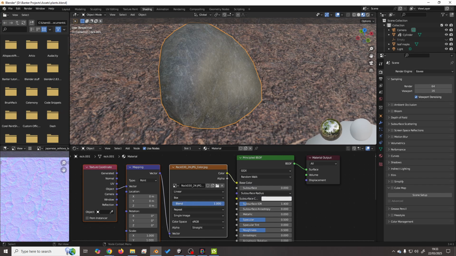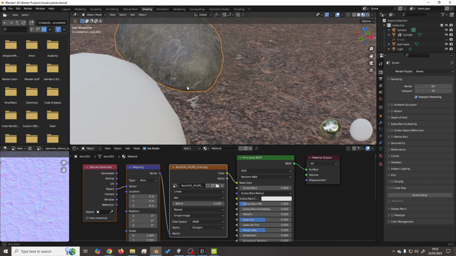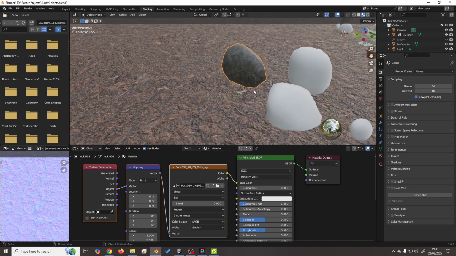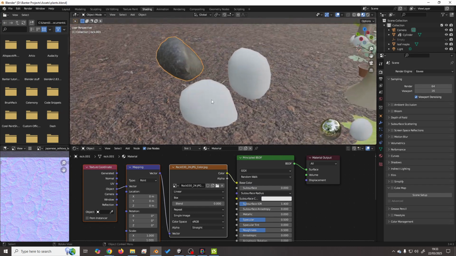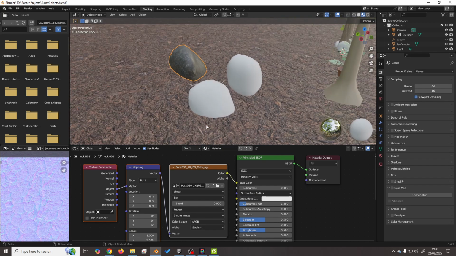Yeah, you can kind of see it working there. I don't know if you can see it on the screen, but it just blends everything together. This is actually looking quite nice. I'm not worried about it, so I'm leaving that off. But we've only got the